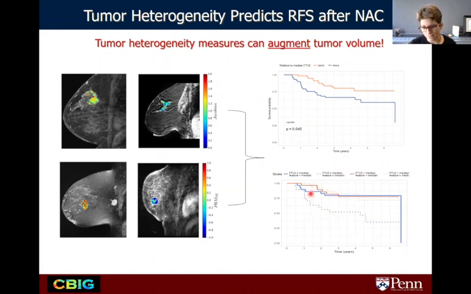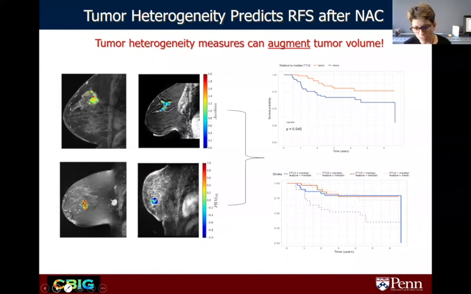And you can see that this curve breaks down. And one curve becomes the one that really seems to do worse. And the other curves tend to cluster together up here, even though some of these women were originally in the blue curve that were predicted to do worse just by functional tumor volume. And so these may be the women that are really deemed to not do well from this type of therapy. And those may be the ones who need to be assigned to a different therapy early in the course of treatment in order to do better.